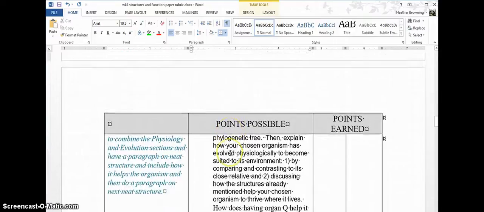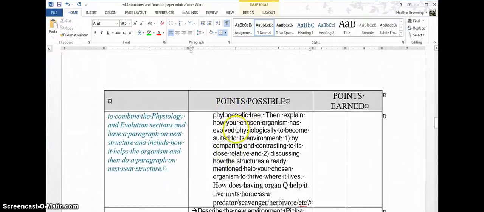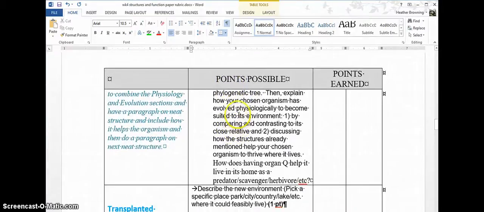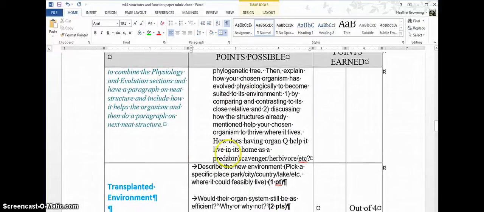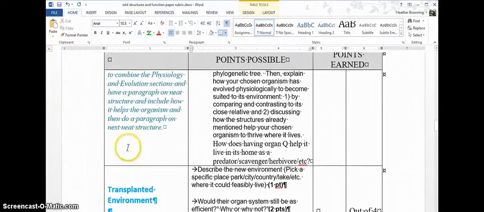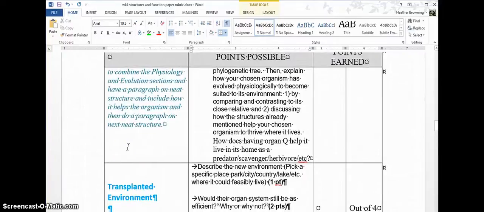So you're going to discuss the closest relative in your tree, then explain how your chosen organism is different to that, and then talk about the structures. So how does having organ Q help it live in its home as a predator, scavenger, herbivore, etc., like we talked about before. And then here I might be tempted to combine this with the previous section,